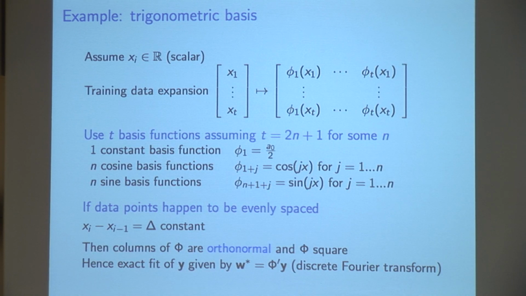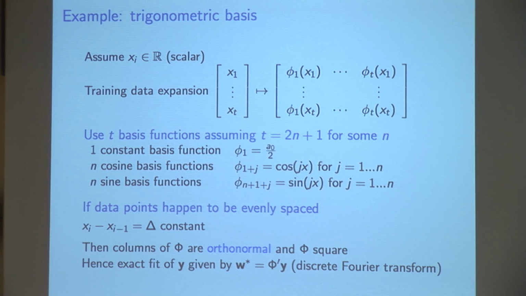Now, let me just go through a few standard examples people learn about. I won't dwell on these. You get the idea. But this idea, of course, is predominant. If you're in an applied analysis area, say image processing, you can look at a lot of what's being done as feature engineering. That is, you take an image. What are the important salient things that you need to extract from that image? Those are like features of that image, say an edge or a corner. And then you re-express the image in some new feature representation.